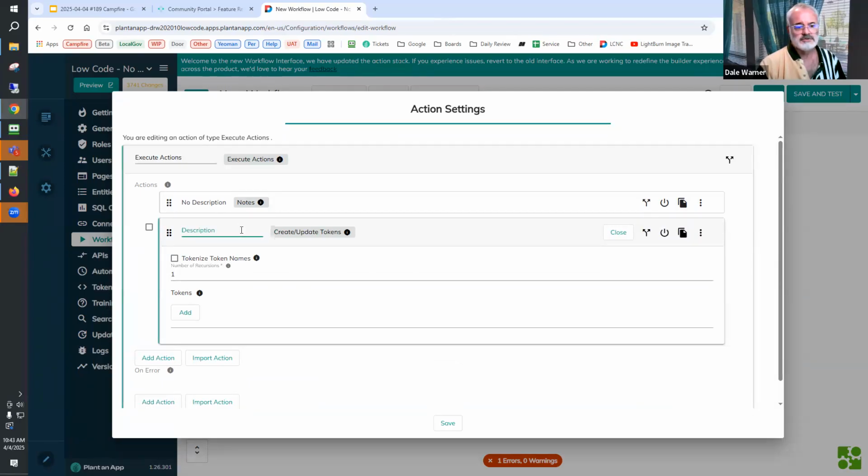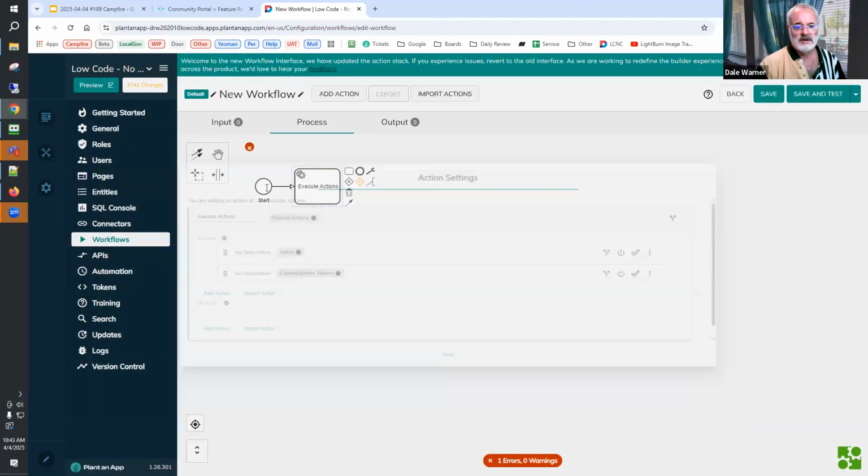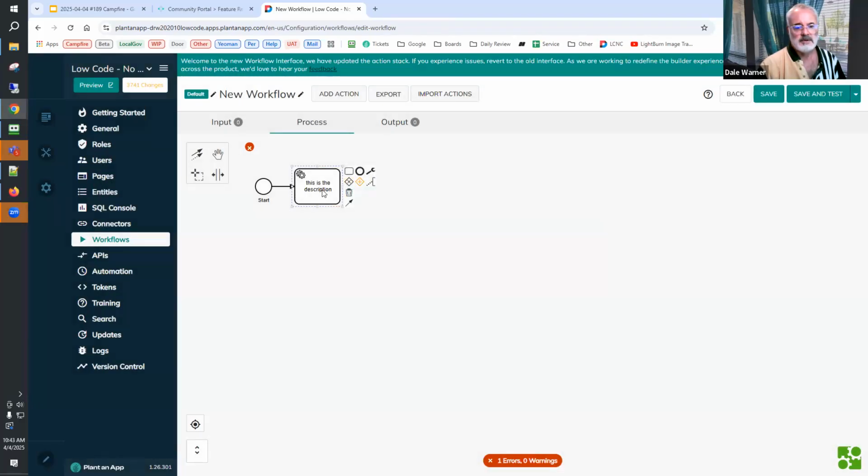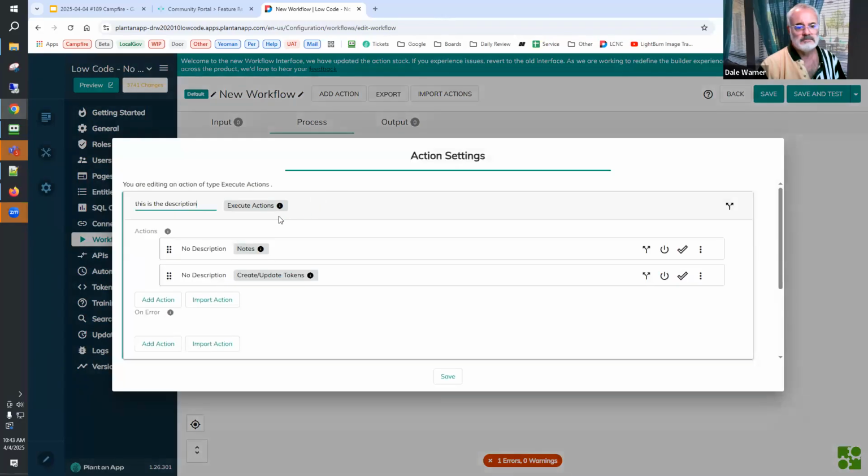I know we have description, but this is pretty short and has some pretty specific use when you're in a workflow, in that it shows up on the box. And if you want to say 100 words about what the box does, then having another line to fill that in would help.